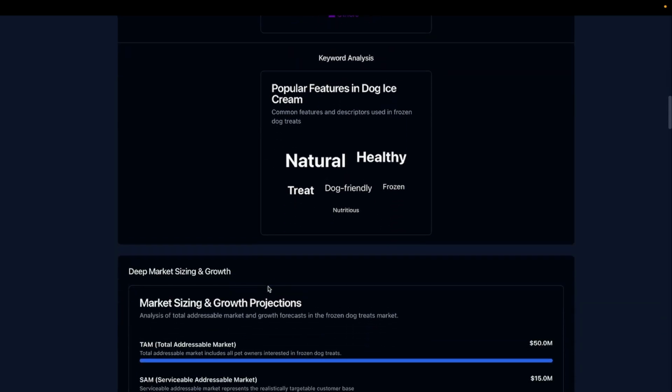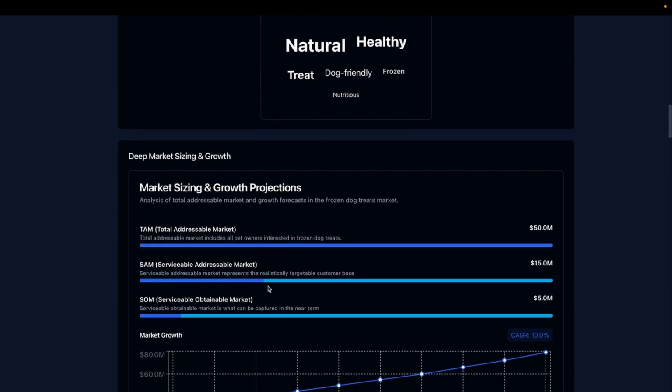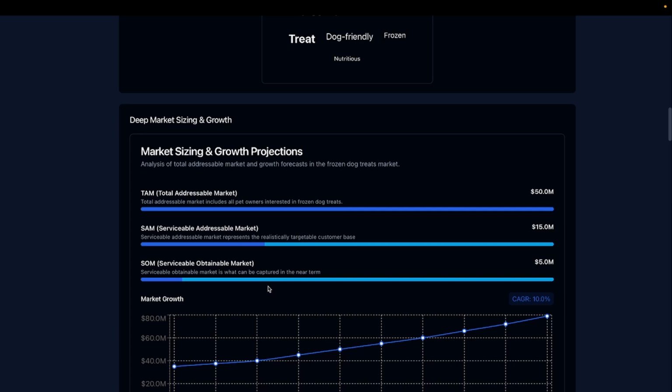Anyways, deep market sizing and growth. Let's go into the first section. So TAM, SAM, SOM, we talked about earlier. I'll try to speak a bit slower. So the total addressable market, 50 million. It does sound about right, because dog treats are frozen. Serviceable addressable market, just 50 million, and